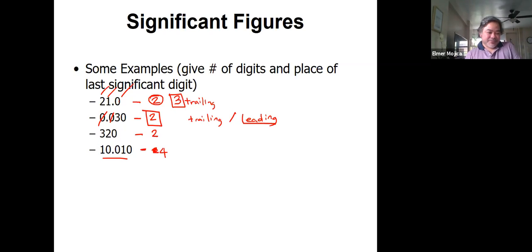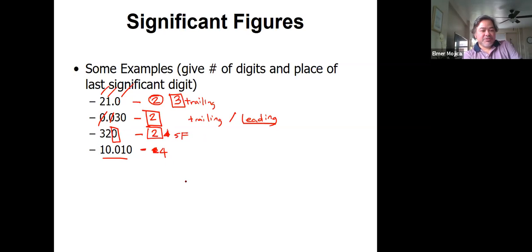320. Okay? So the same thing that we have about the 0 being what? A trailing 0 before a decimal point. So this is indeterminate. So this one also has